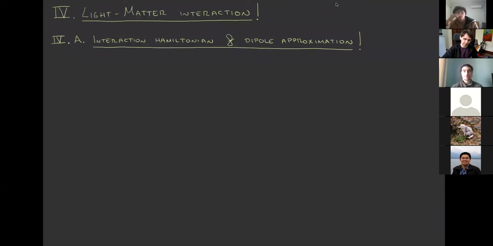And in particular, why do we need to consider light-matter interaction? Perhaps the best argument I can give you is that if we want to prepare states, interesting states of light or matter in the laboratory, or interesting dynamics,